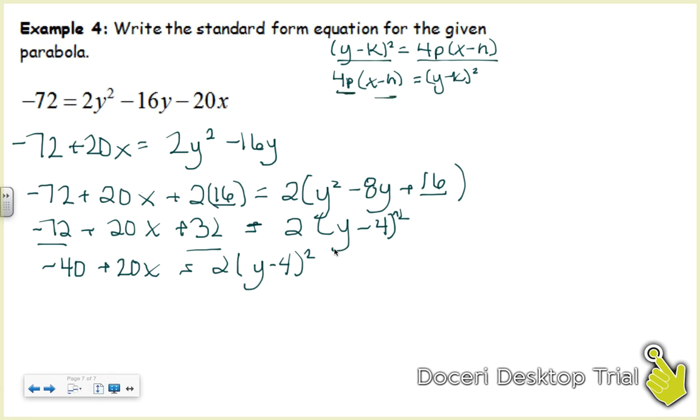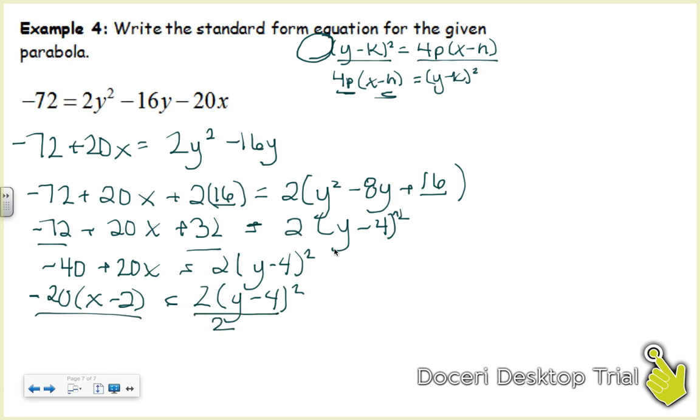Notice there was something factored out with the x's. So look at the negative 40 and the 20. I'm going to switch the order of it. I'm going to pull out a 20. I'm going to write an x minus 2. If you notice, there was nothing in front of the y squared except for the 1, so I can't have this 2 there. In standard form, I need to divide both sides by 2. So my equation is negative 10